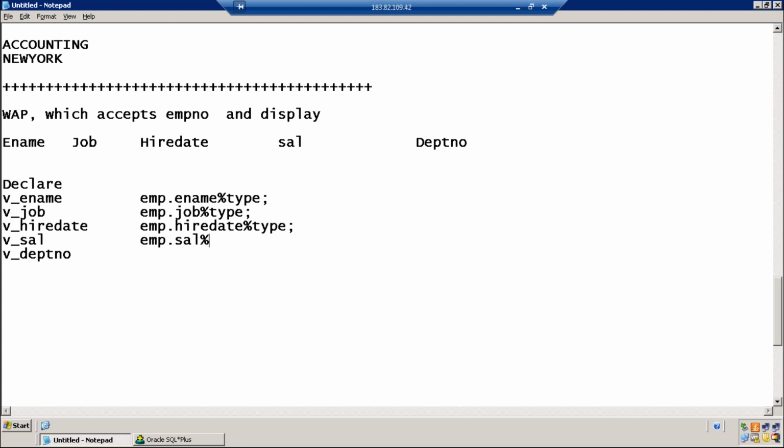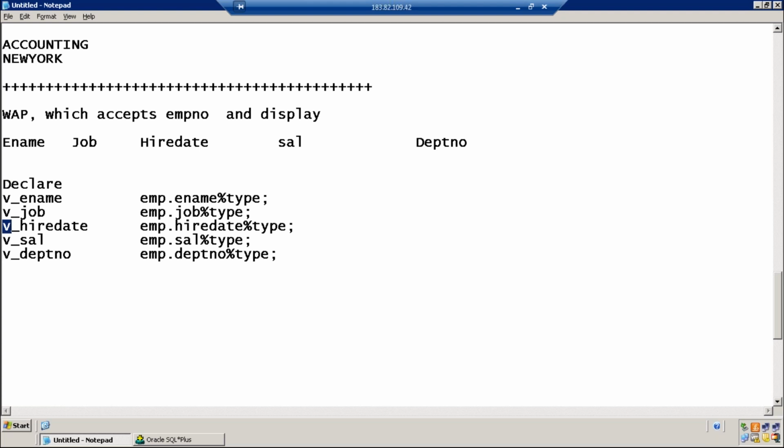Employee dot sal percentage type. Employee dot department number percentage type. Sunil, the date data type is fixed. We don't give any number over there. But still, for practice, we are putting this for hire date also. Correct?